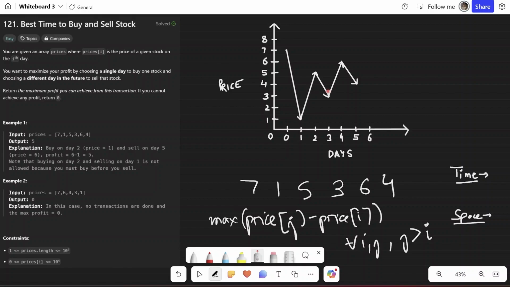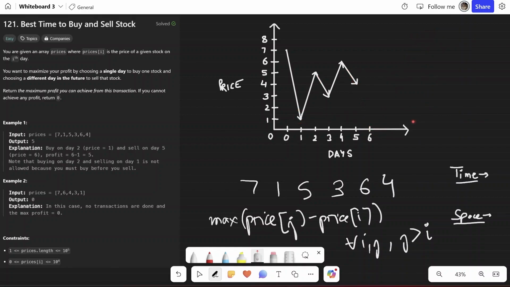Now, if you observe this graph carefully, you will notice that we need to find, for every peak, the minimum value behind it. So for example, for this peak, the minimum value behind it was this one. For this peak also, it was this one. And similarly, if there was anything in front of it, then we'll go to the minimum value. Or even if some value comes down below like this, and I reach here, in that case, the minimum will be here. So the minimum will keep on changing as we progress.